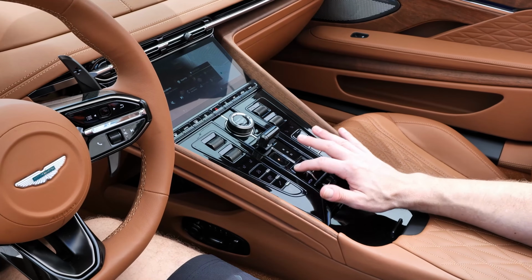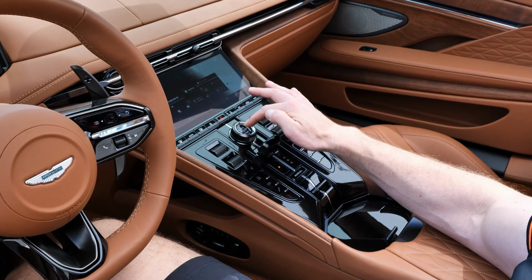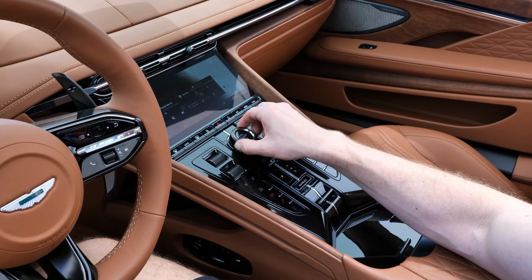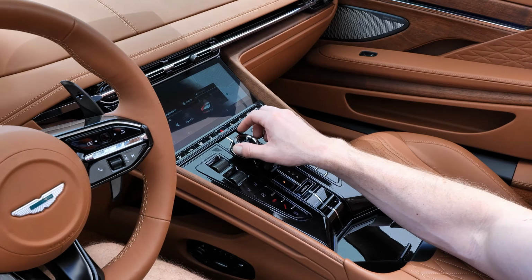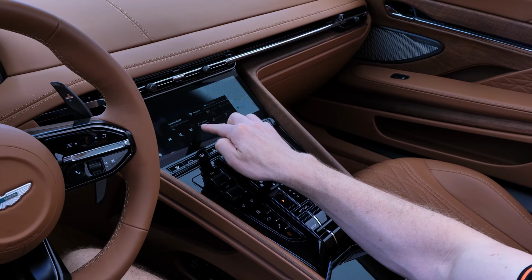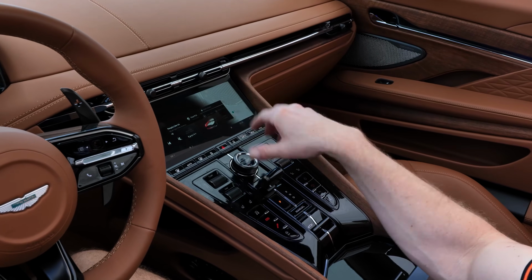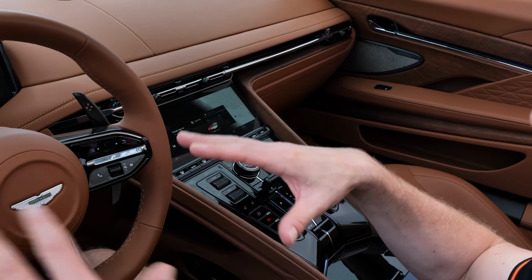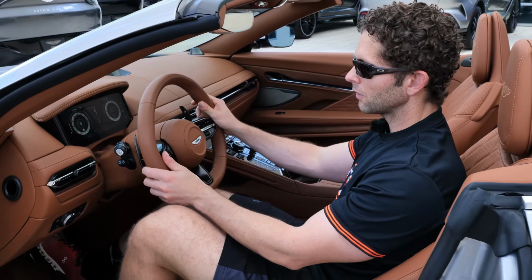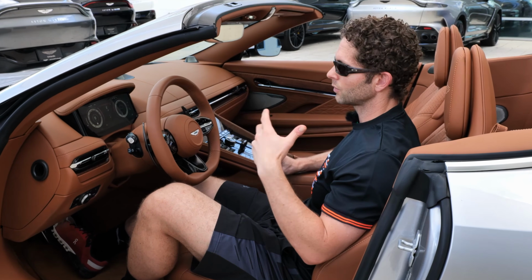You can put it into manual mode with the manual button. And then of course, a gorgeous little centerpiece over here that basically houses your engine start stop alongside your different drive modes. So you guys can see when I'm twisting this, the drive modes will change. And the different drive modes that you see are basically wet, individual, GT, sport, and sport plus. So as I'm going through all these drive modes, a lot of the different systems in the vehicle will change. You get stiffer suspension, a little bit of a different feel on the steering wheel. Of course, the exhaust will open up a little bit more in terms of the valve,